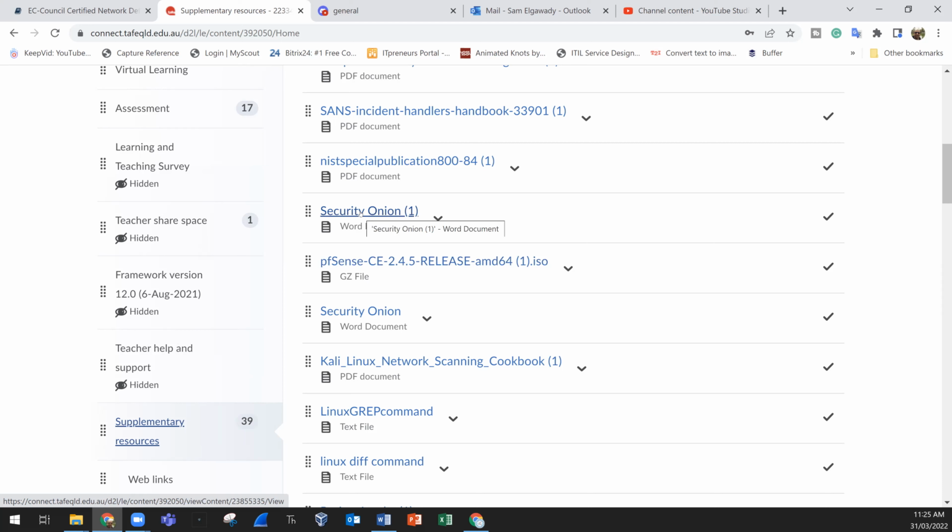This one is about Security Onion. Go through it. SANS and NIST. These books, or small documents here, small booklets, are very, very useful and helpful. You will find many jobs